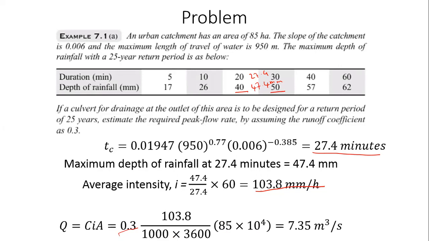Okay. So it's a very, very simple approach. It's not at all complicated. You just directly take that runoff coefficient and simply use it along with the rainfall intensity and the area, and you obtain your peak flow rate.